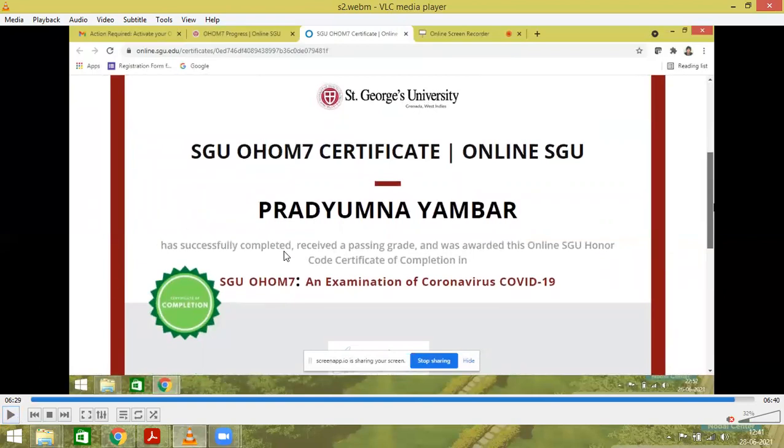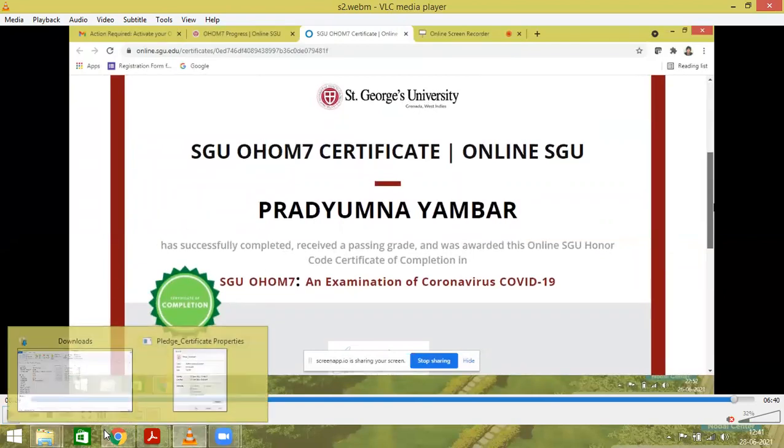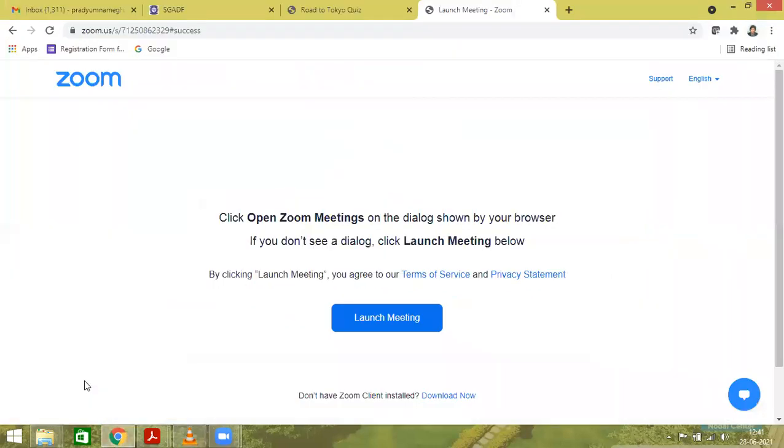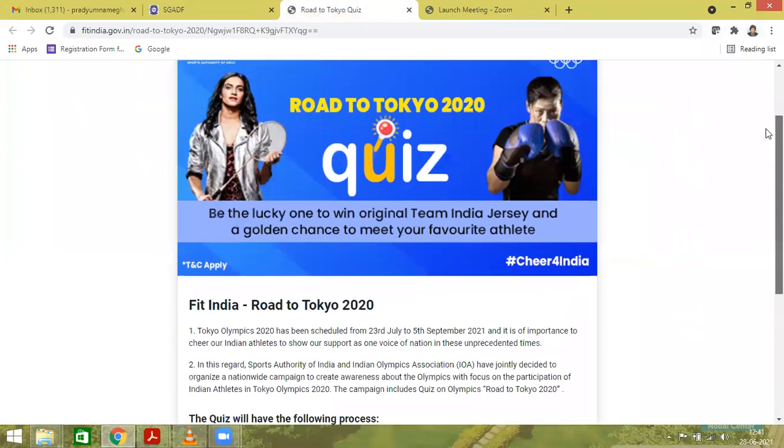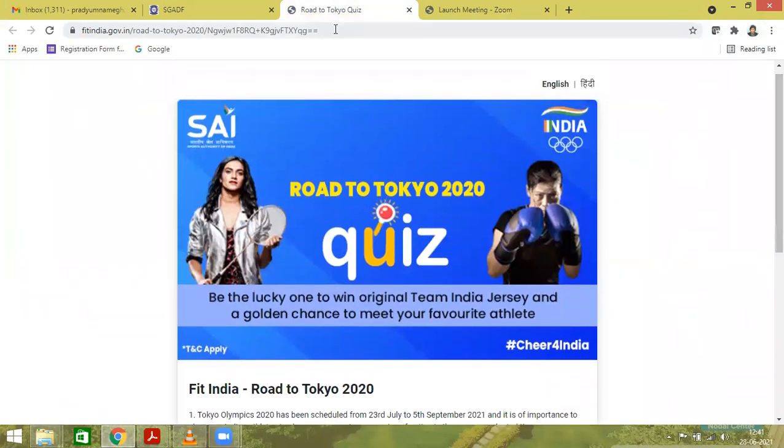Okay. So now today's session, along with this St. George University, let me share the sports related one also from the government of India. Let me share the screen. The second certification. This link will be given to you. See, it is with respect to Indian Olympics. Right now, due to the lockdown, we are so fortunate that online quiz competitions are being held to get the certificate, and physical competitions they will plan accordingly.